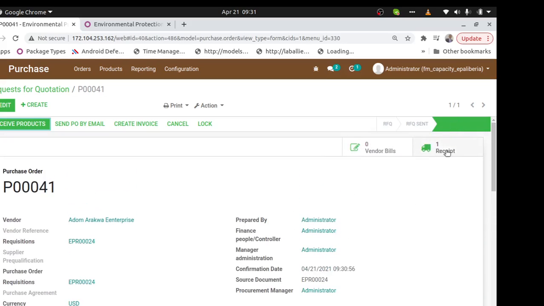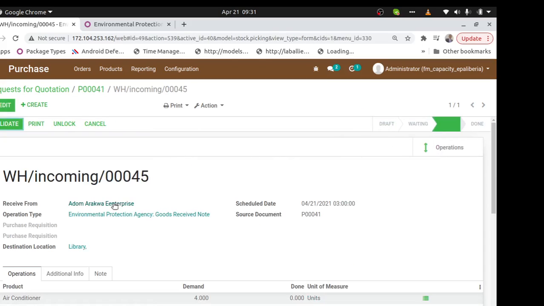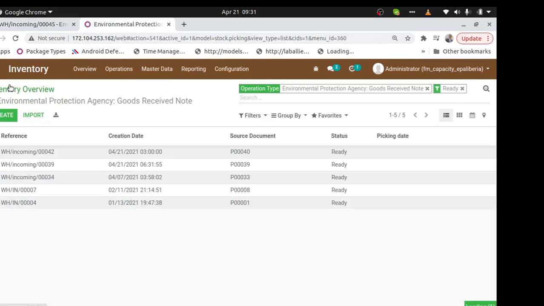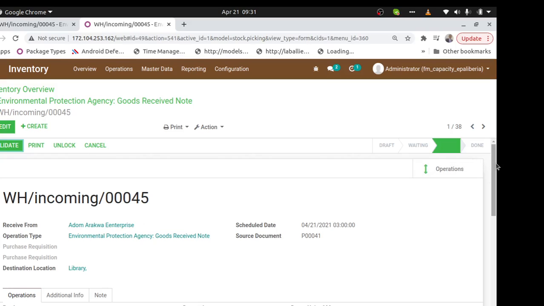That's why it has created a receipt showing that the items are coming, and then a vendor. This receipt is also on the warehouse dashboard. That is the receipt for Edom Araqua for this warehouse 005. If I go to the warehouse dashboard on overview, I should be able to see that Araqua 005. You can remove the red here so that you can see it. And it should be 0045, this one, the first one. Always the first one is the current one, Araqua. So when they receive it, the warehouse person just clicks validate, and then validation means moving it to stock.